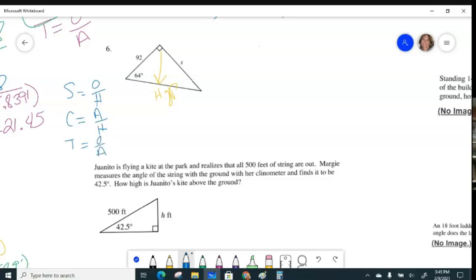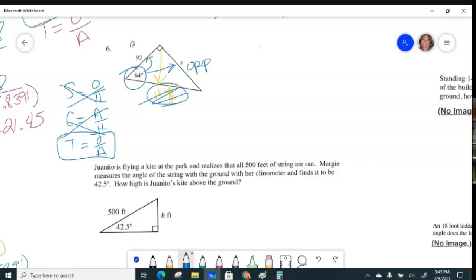All right, so again, we've got no hypotenuse, so we're going to scratch through and not work with sine and cosine. We're going to need to be working with the tangent. From the angle measurement is where we want to determine all of our other information. And so our x is opposite, and 92 is our adjacent side. So that's going to be the tangent